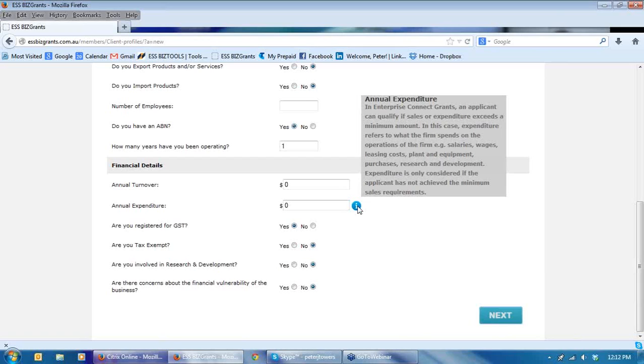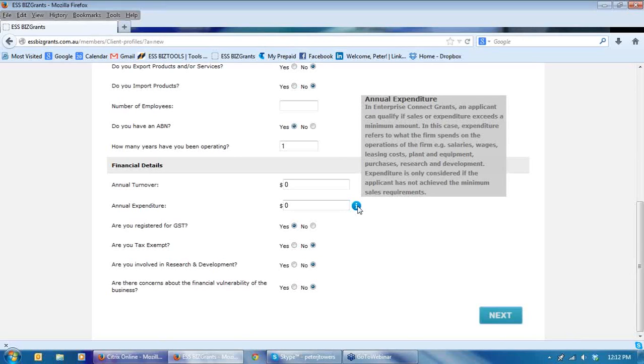You might ask how they could have a turnover of $1.5 million and, sorry, I'll rephrase that. They might have an expenditure of $1.5 million and very little, indeed might not have any turnover. This would relate where they've spent a lot of money on research and development, patent costs, pilot plant construction, things of that nature.